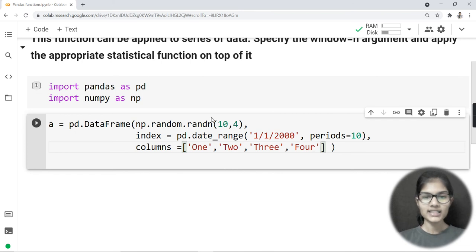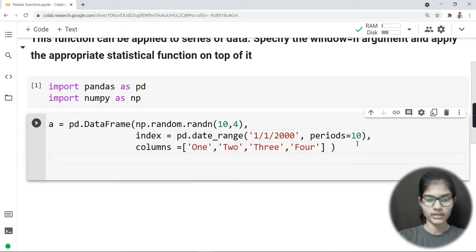Now basically here I have written 10 comma 4. Why have I declared only 4 columns here? Because I have written 10 comma 4. The 10 is the number of rows I want, and 4 is the number of columns I want. That is why in the columns parameter I passed 4 names. If I had defined 5 or 6 or 7 columns, I would define that many names here. That is okay, right?